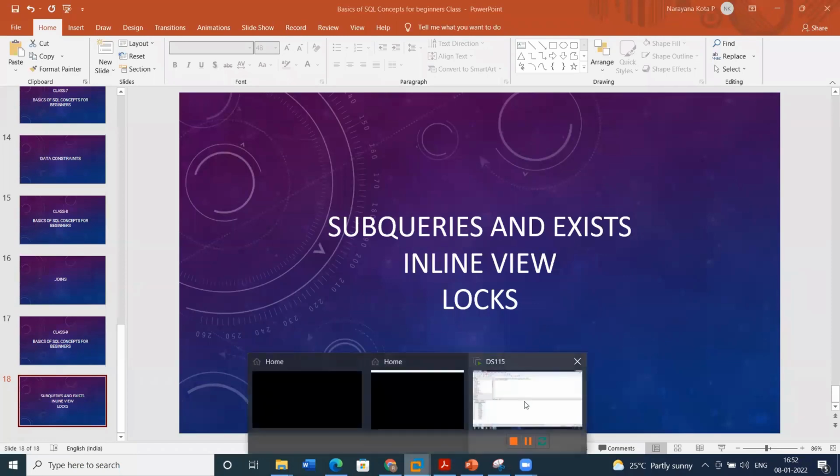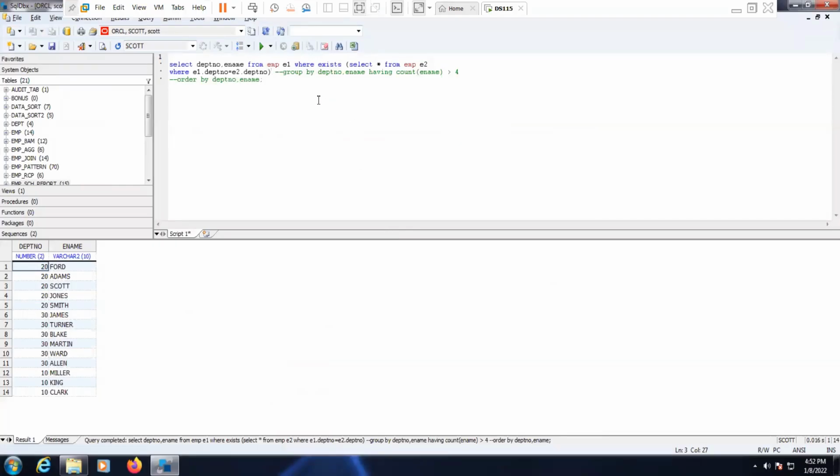So here we need to write the count greater than 4. Okay, how many are there?